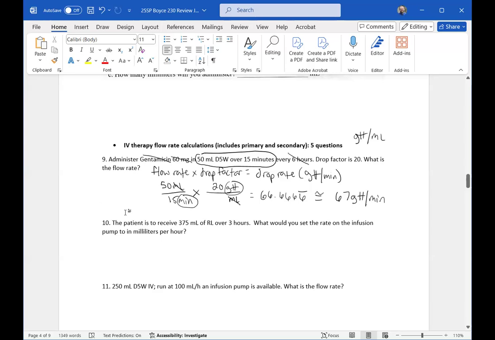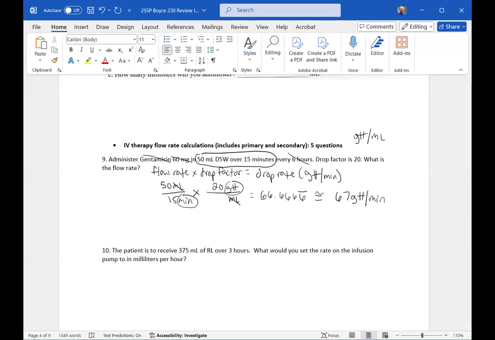If they were technically just looking for the flow rate, the flow rate would just be volume over time, so the 50 mL over 15 minutes. And then what we would just do is convert minutes to hours. And then that will allow us to get our mL per hour, just in case you need it. I don't think that they're asking you to do that, but if I don't tell you this strategy,